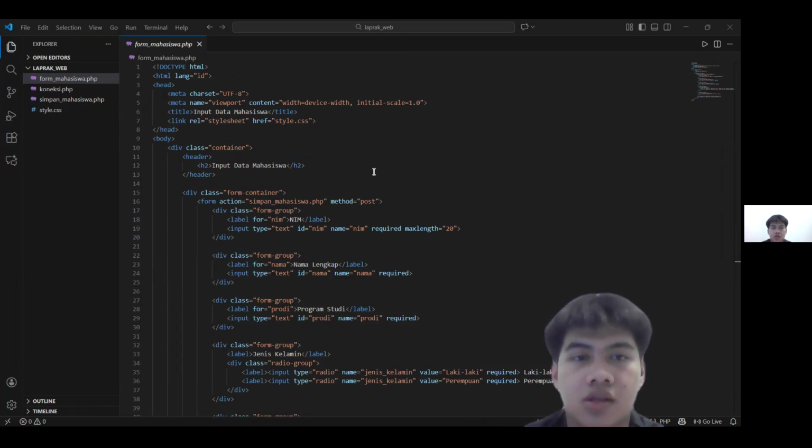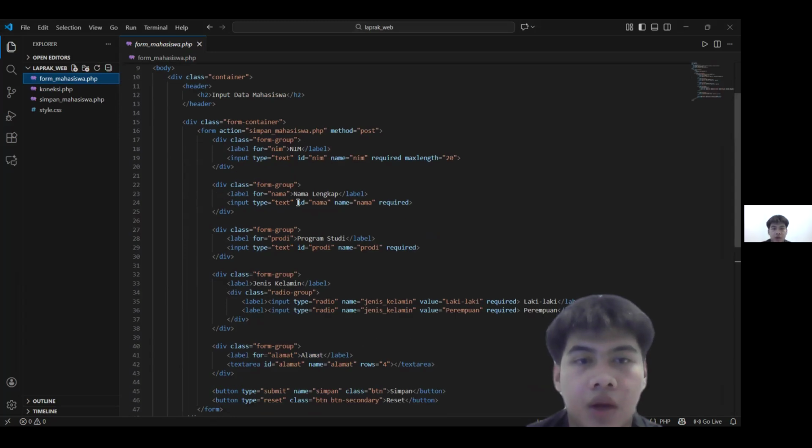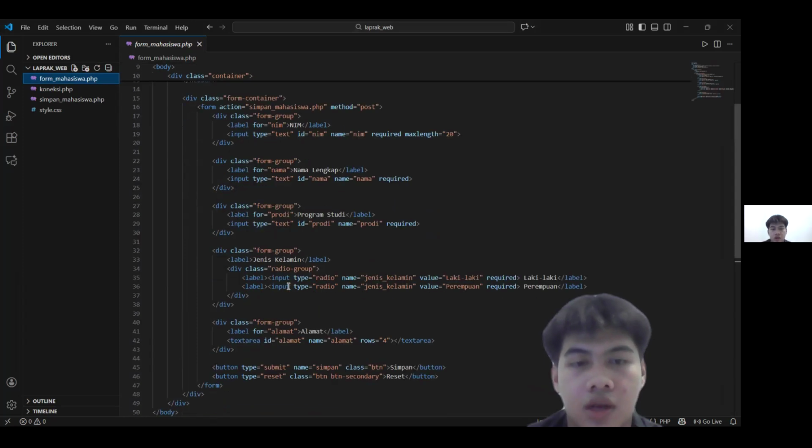Then it loads the CSS for that polished container with max width of 600px with subtle shadows, and key elements include text inputs for name, full name, and study program. So you can see here, we have nama lengkap, program studi, and jenis kelamin.